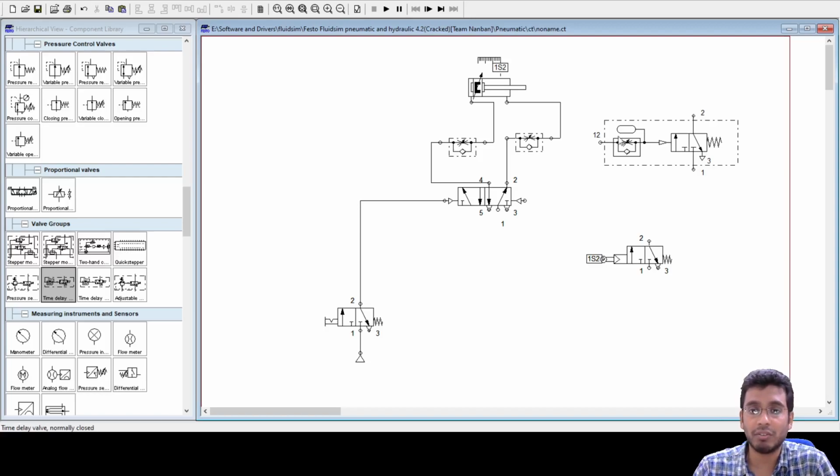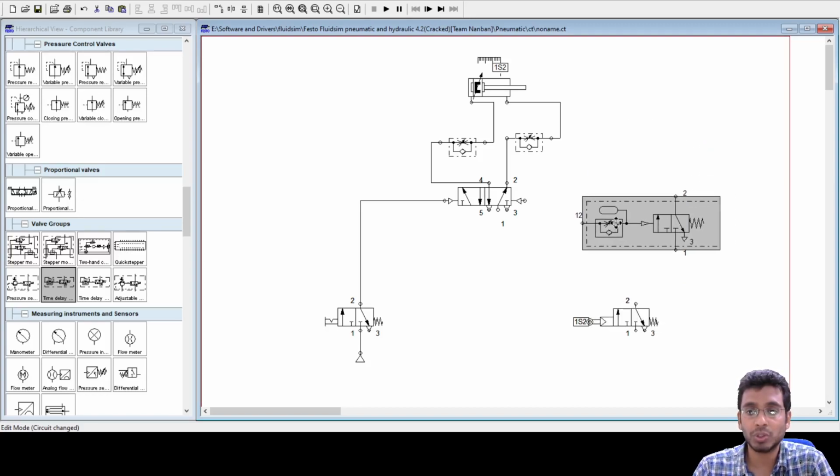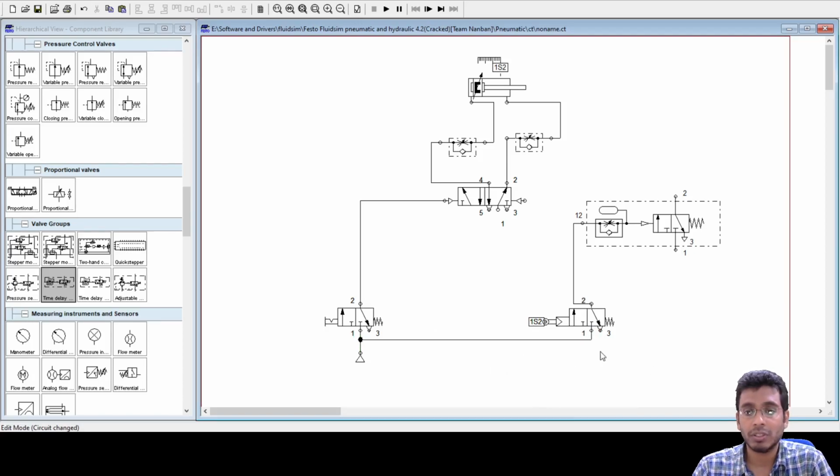So where are these ports going to get placed? Let us see the working. You have your circuit here. Once my cylinder 1A completely extends, my 1S2 roller valve gets actuated. Once this gets actuated, my pressurized line will come here and go all the way to this 1-2 port.